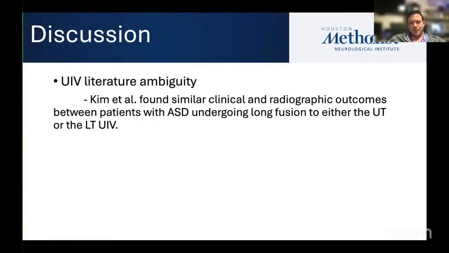And the authors did drive home the obvious ambiguity in terms of what is the optimal UIV. So this does seem like it would be a helpful tool, especially if maybe you're on the fence on what level to choose and you really aren't sure. This might be something in your back pocket to see what this algorithm might say, especially if they build upon it and expand its scope, just to give yourself a check and see, hey, is my thought process more in line with what most people think or not? So I think that would be the most useful aspect for it.